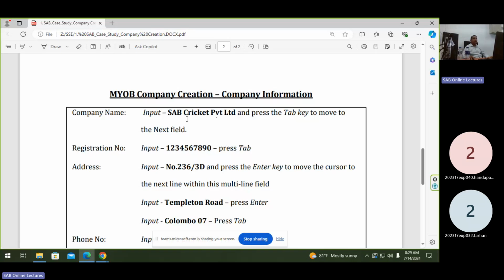At the end, we will take your backup file. Each week's work we will evaluate and allocate a mark for your continuous assessment.